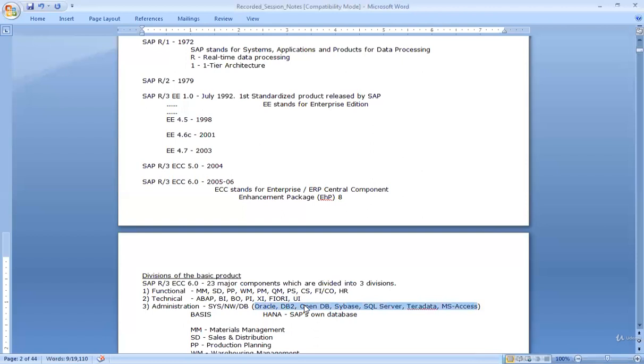They wanted to improve on that functionality which is already there in the database. So they took their own time and developed the HANA database, which is completely different from the current databases. Now, to briefly explain how the HANA database functions, the traditional databases like Oracle, DB2, OpenDB, Sybase, these all store